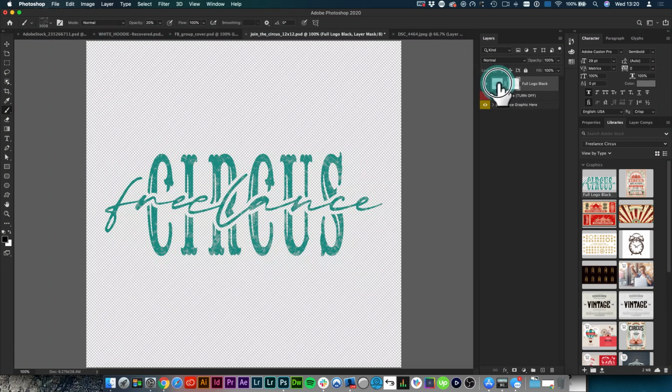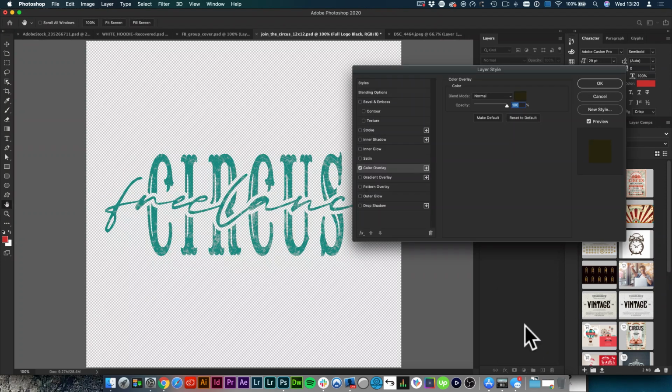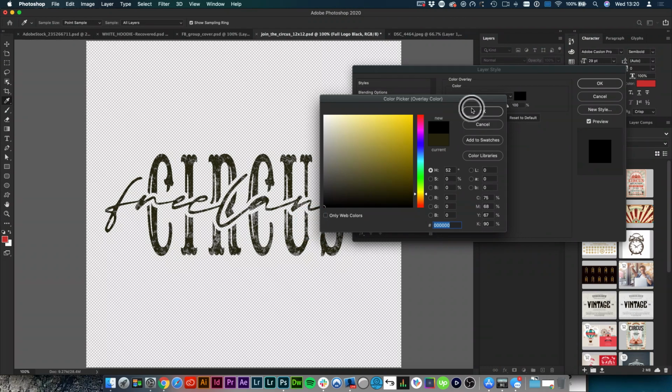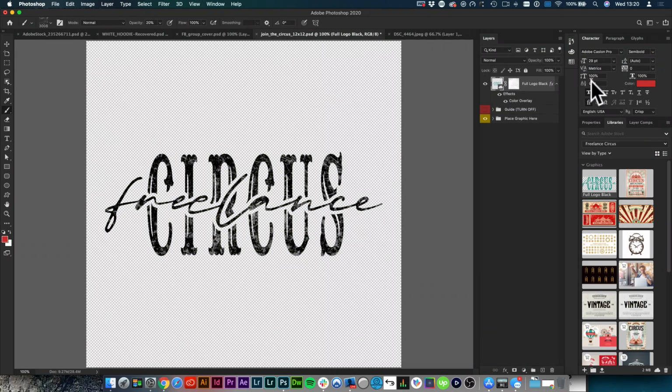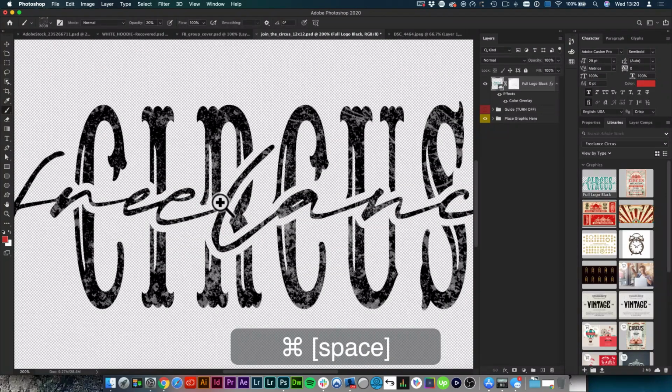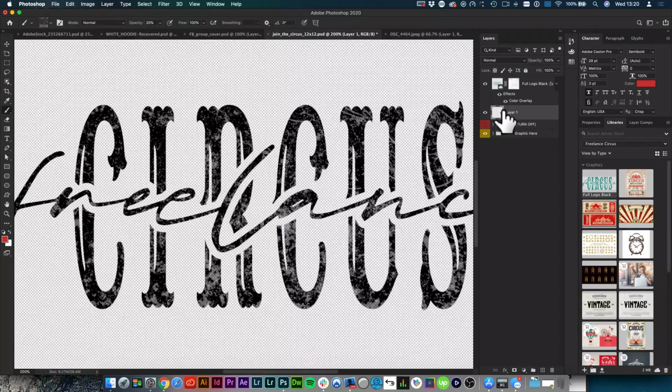Let me change the color of this layer. So I'm going to click on my vector smart object here in my layers, and down here I'm going to click on effects, and add a color overlay just so you can see this a little bit better. We'll just make it black for now so you really see this. I'm going to zoom in a little bit, and then I'm going to throw a layer behind it. By holding down Command before I click on the new layer, it'll throw it behind whatever I was selected on. And let's fill this with a color,